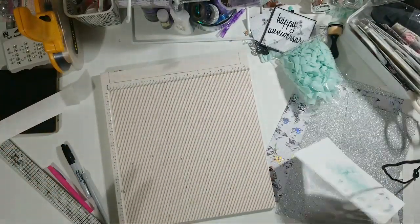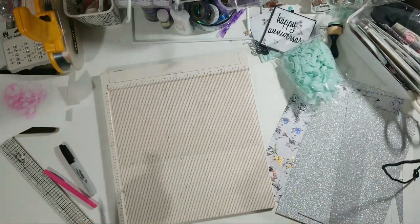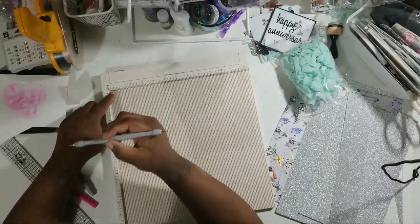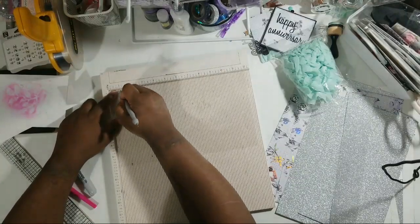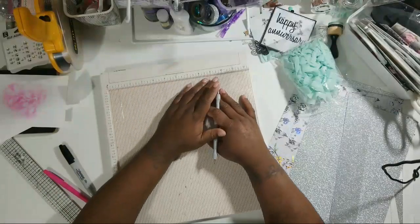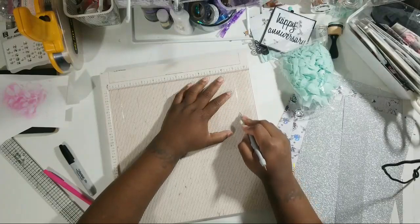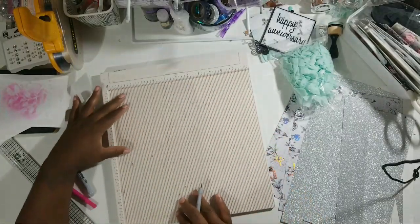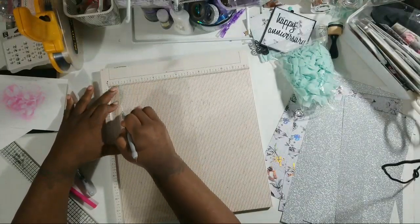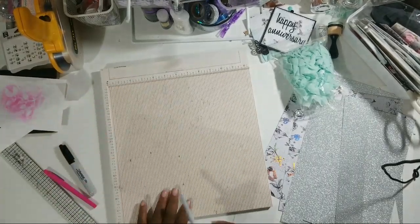So what we're gonna do is this, since this is 12, so we're gonna score that 1 inch on all three sides of it. So that's this one here. So 1 here. So you're gonna do a 1 and 11. Then do it over here, and then you just do that 1. So your pocket will be finished at